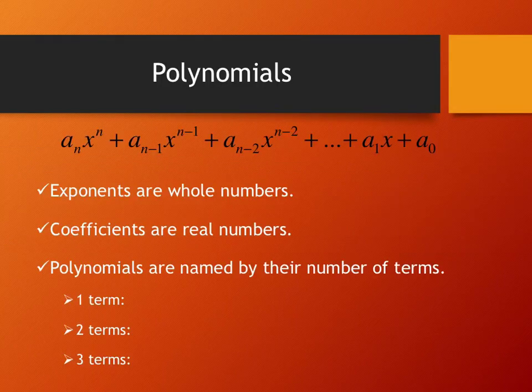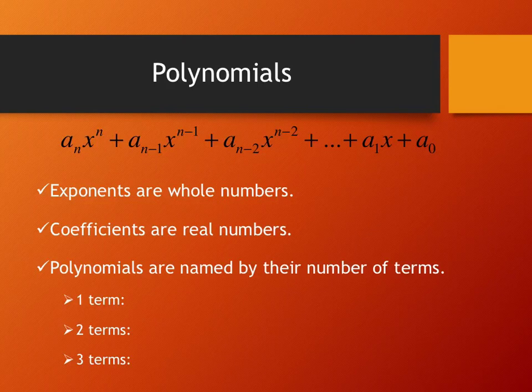To start with a reminder of what a polynomial is, it's an expression of this form: a sub n x to the n plus a sub n minus 1 x to the n minus 1, all the way down to a1 times x plus a0. All of these a's with these subscripts just represent numbers, and all of the n's represent an integer type number. So the exponents are whole numbers, the coefficients are real numbers, and the polynomials are named by their number of